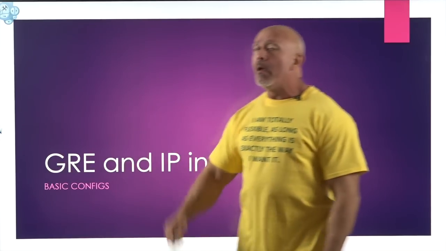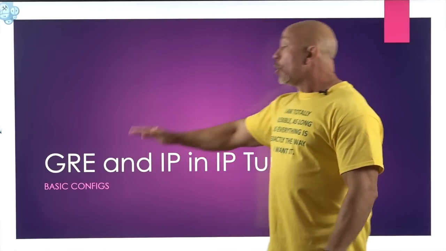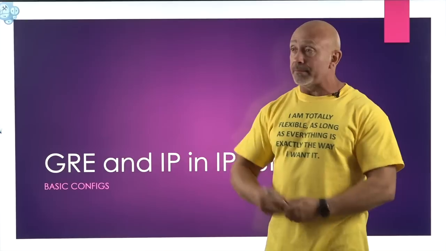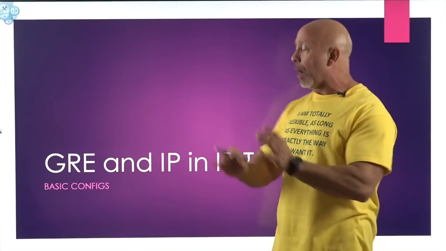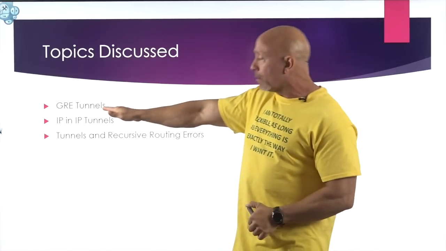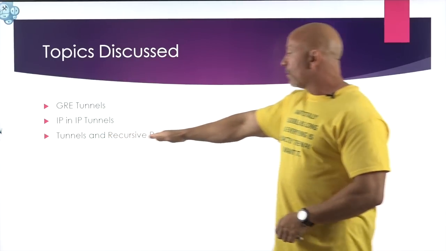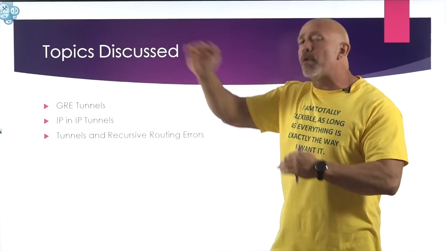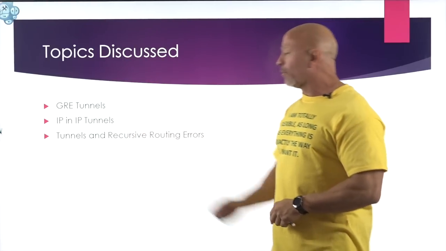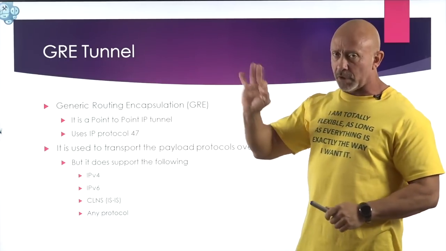All right, but when they do change the test, and I'm thinking they're going to change it fairly quickly, you may see this because this is very basic to do. This is something that they do on a daily basis out there in the real world. So I'm just going to show you the basic configs. So we're going to go over GRE tunnels. We're going to go over IP in IP. They're pretty much similar, and then I'll brush over the issues with recursive routing errors, meaning loops. But again, just touch upon it.